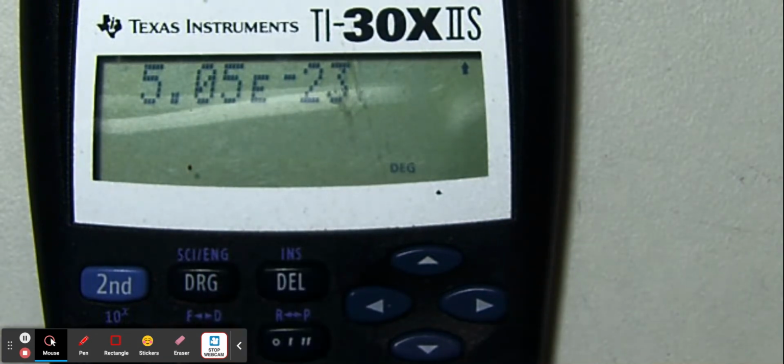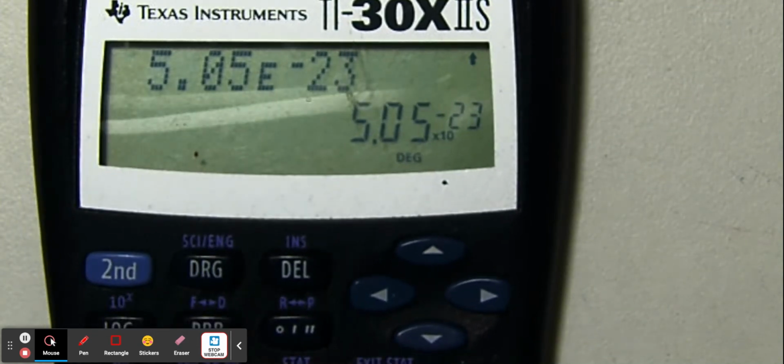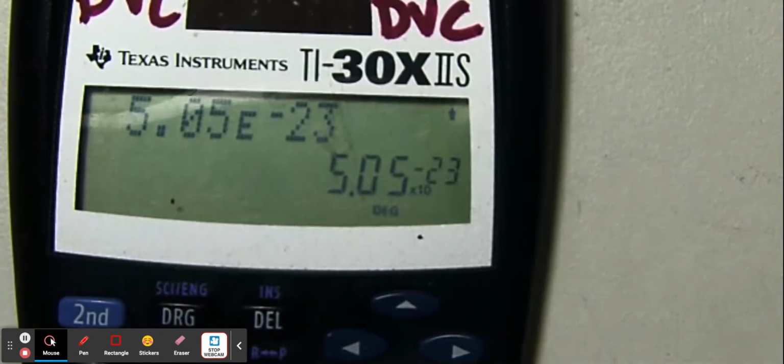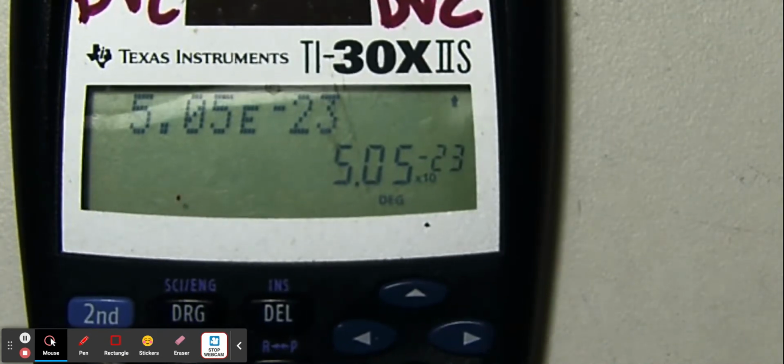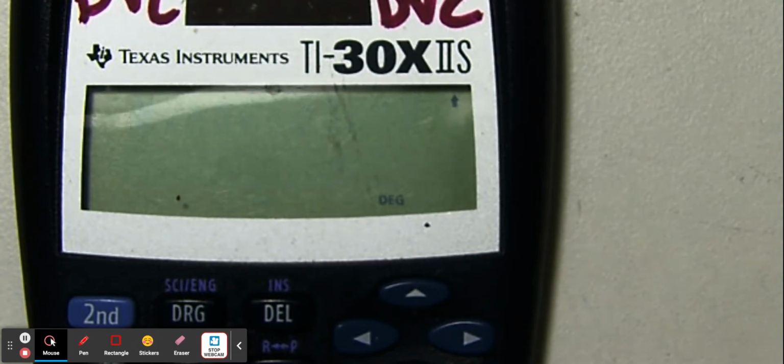And so if I hit equals, it comes out as 5.05 times 10 to the negative 3. All right, so that's how you put in scientific notation into this calculator. And now I can do things like multiply and divide by numbers in scientific notation. So if I clear this, let's say I have